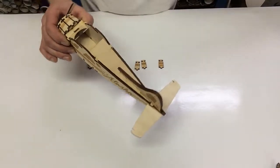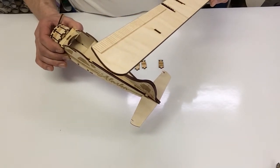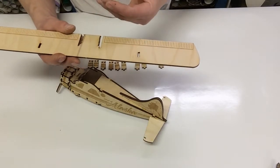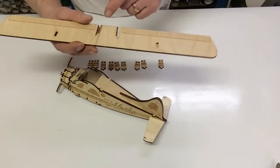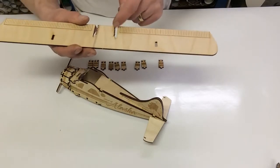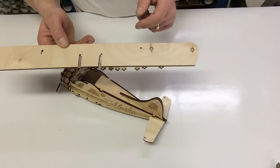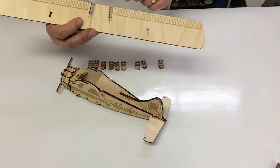Our next step is part number 8, which is our wing. The wing is equipped with these grooves for hanging when we go to hang your beaver. Once you have it all completed, to put a fishing line on there, you can put a knot on one side or the other, adjust your pitch, your tilt, and it makes for some fun here. So anyhow, this one's got some knots on it, so I'm definitely going to put this up and have the